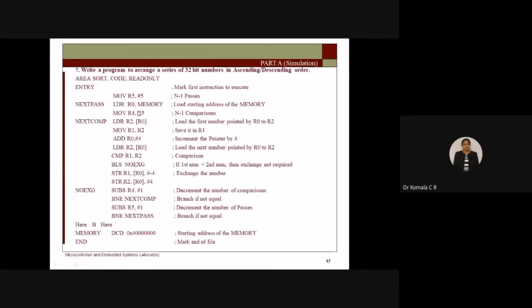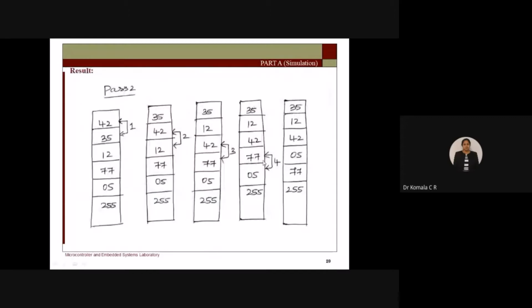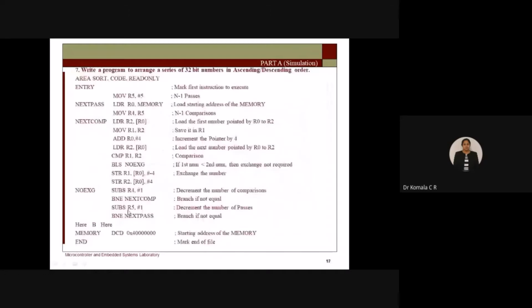So the 4 which I have in R5 I have moved to R4. That is, R4 value is 4 now. Fine. So go on doing that. Take first number, second number, same concept you will be doing. So next pass, 4 comparisons you will be doing. Correct now? Pass 2: 1, 2, 3, 4. But at the end of pass 2, once you finish doing comparison, next time you decrement, 4 becomes 3 now. 4 minus 1, 3 now. Go to the next pass.